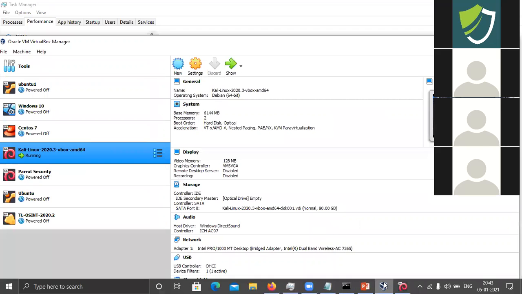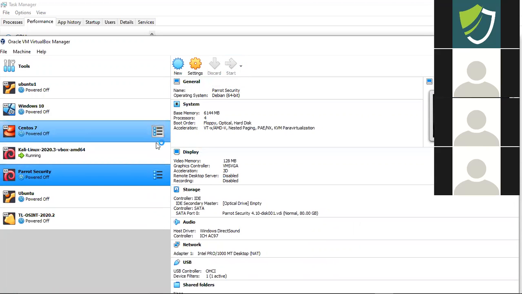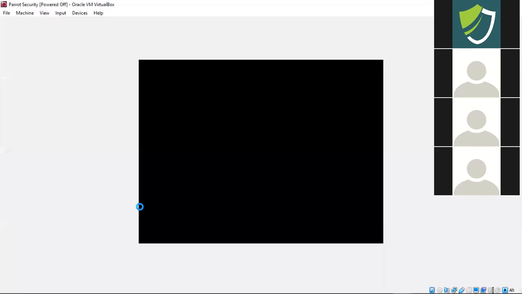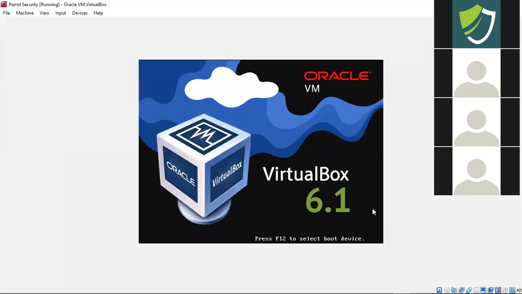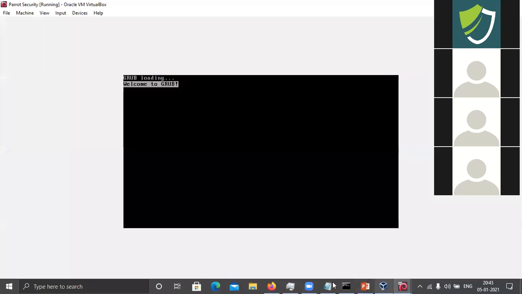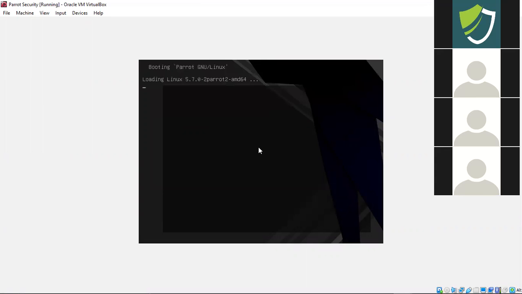So let's suppose if I just run one more machine. ओके, मैंने पैरेट सिक्योरिटी भी यूज की है, इसको भी आपको मैं दिखा देता हूँ इंटरफेस। ये भी आपका हैकिंग के लिए ऑपरेटिंग सिस्टम यूज होता है, ऑलमोस्ट सेम फीचर्स ही है काली लिनक्स की तरह। सो जस्ट लेट मी शो दिस। सो अब देखिए बूट हो रहा है, ये आ गया हमारा बूट प्रोसेस, वर्किंग पार्ट हमने देख लिया।